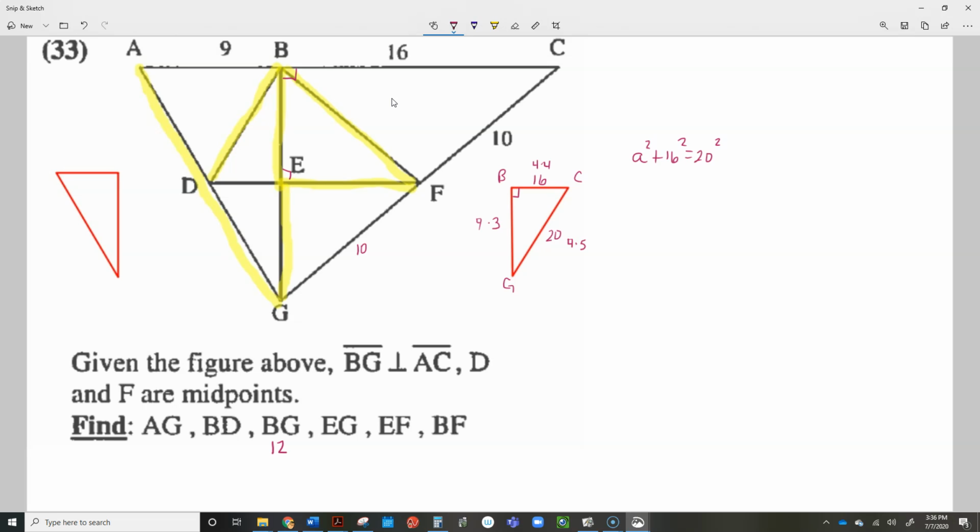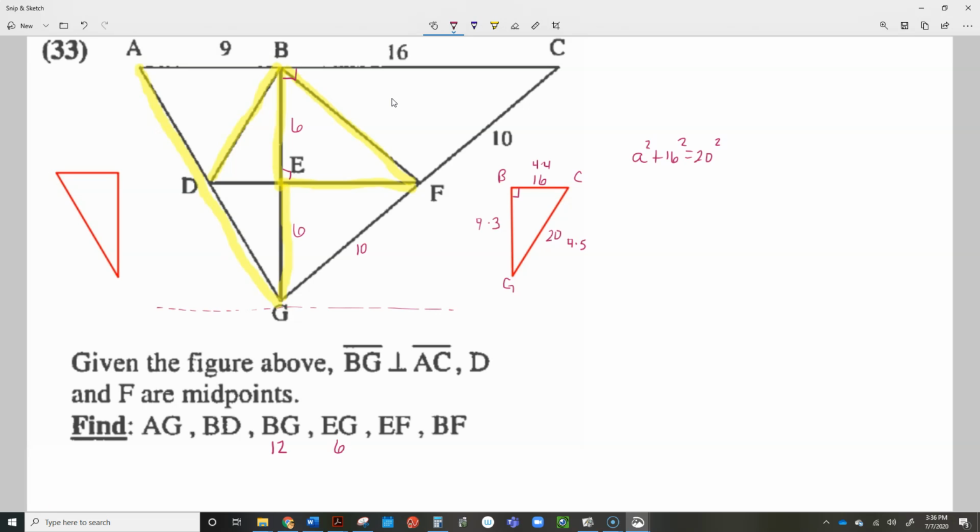Now, since D and F are midpoints, and these two lines right here are parallel, I could also draw a third line parallel to those two down here that passes through G. That would give me the theorem about parallel lines being cut by a transversal, that they're all going to be proportional. So this is a ratio of 1 to 1, 1 to 1, 1 to 1. So each one of these pieces right here is 6. So BEG